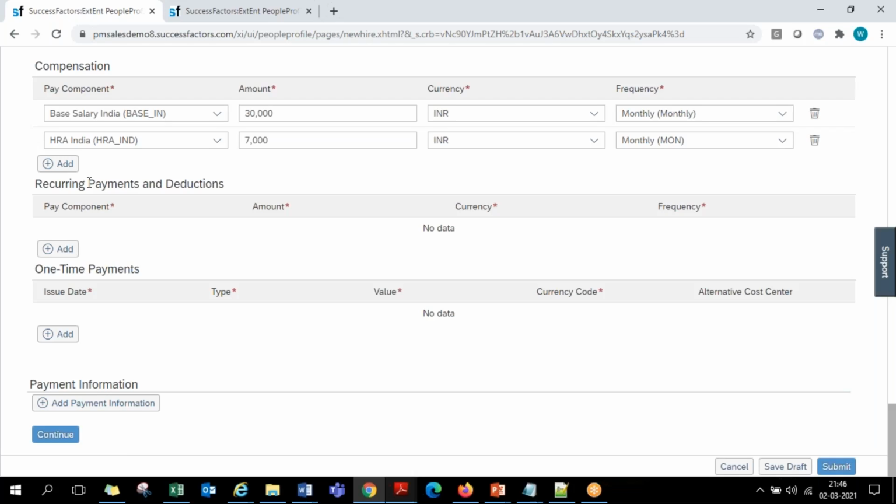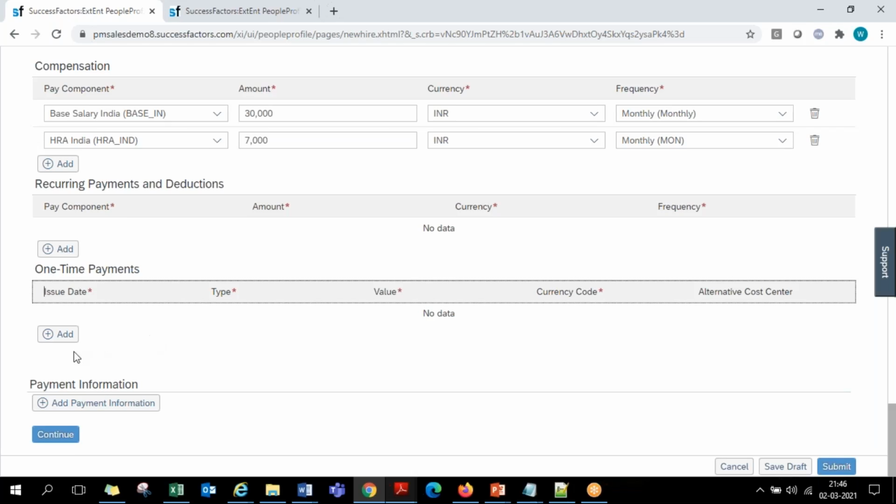You're going to give it in the first 3 months, 20,000. So you can maintain that here as a recurring payment. So for 3 months that can be paid. One-time payments, you want to make the joining bonus one time, just maintain this month's date. So any date of this month you enter, in this month's salary it will be paid, as a one-time joining bonus. Like this we have these areas.